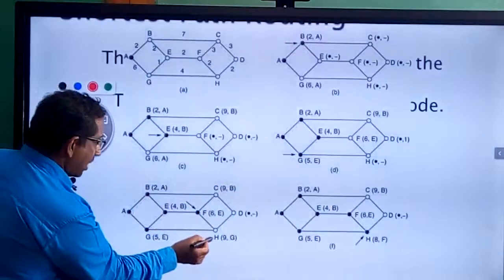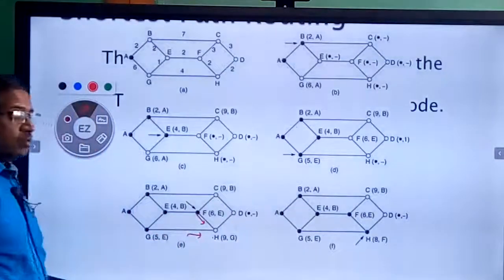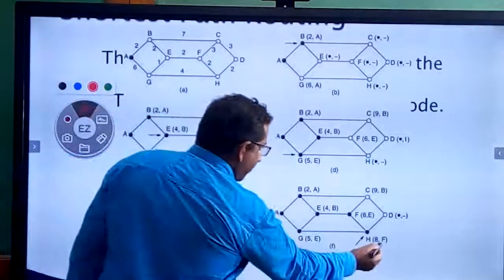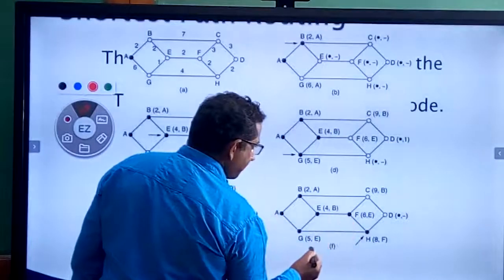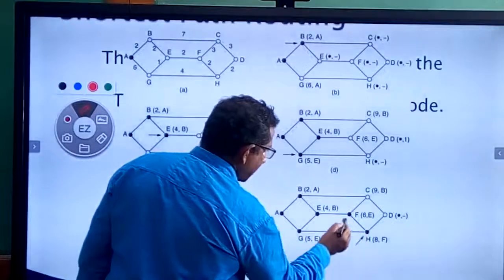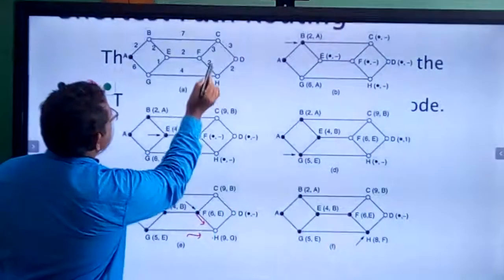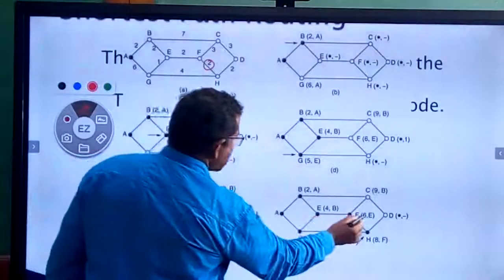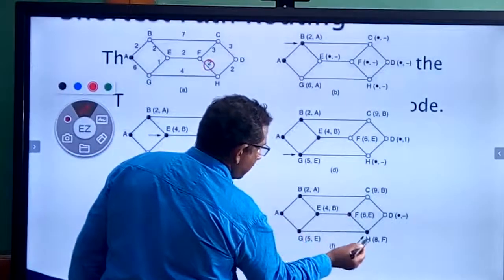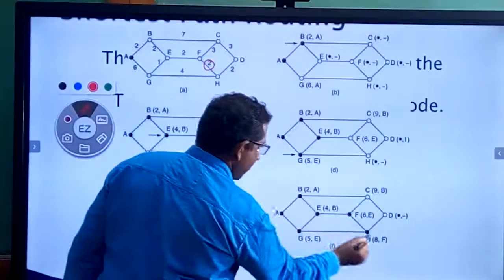We can come to H either from F or from G. There are two routes. Let us try to test these two routes. If F is the active node, if F is the working node, then what route can F take? It can go from F to H. What is the value from F to H? It is 2. Up to F it is 6, 6 plus 2, 8. So H of 8 comma F. F is the source node. 8 is the distance covered for a packet to travel from A to H.